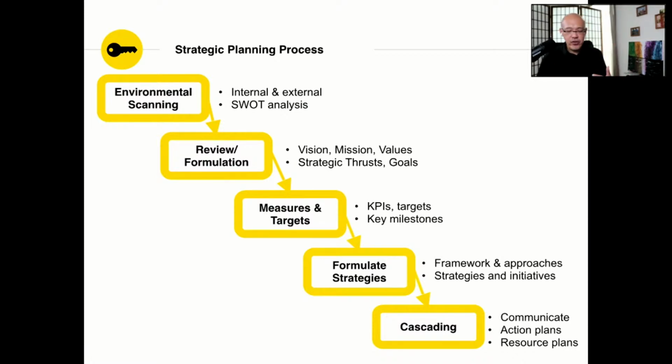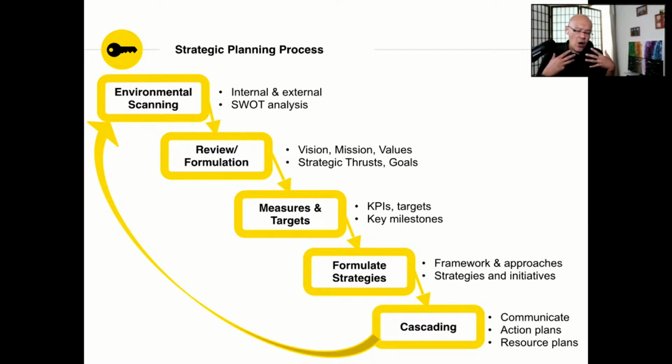And once you've done that, at the end of every cycle, you would do what is called a review. In the review, you go back and ask yourself again, where are we at? So you go back into your environmental scan, looking at the internal and external scan, and you go through the process again and again. So this essentially is the six-step